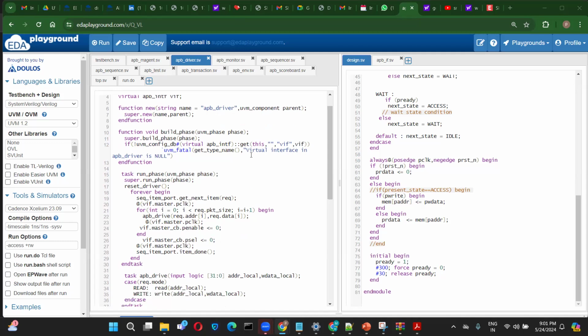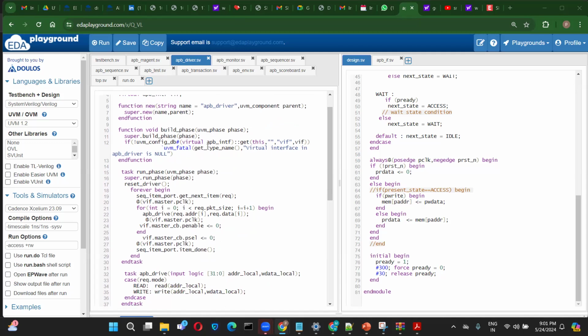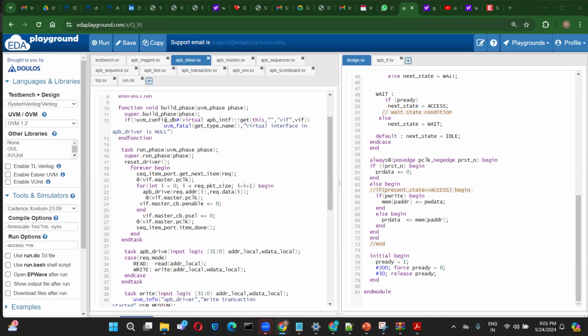Correct. Thanks. We know that in the build phase we will create the things, right? So in the build phase, we have to go through the config DB. In the next session, we will go through the config DB, and then I'll explain this, guys. Other than that, whatever coding part is there, you can complete